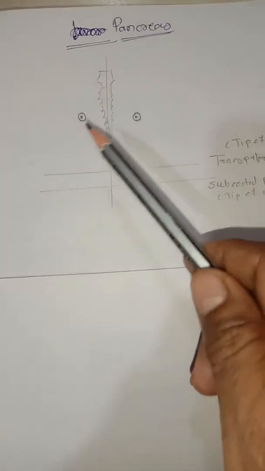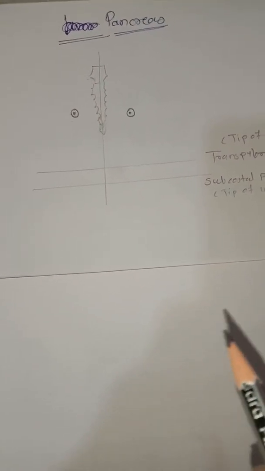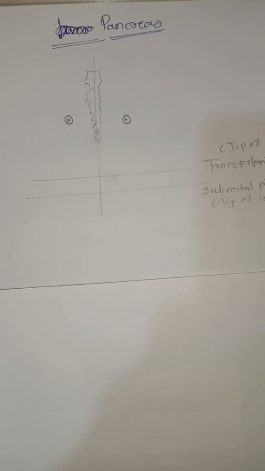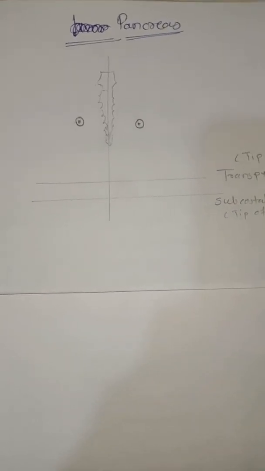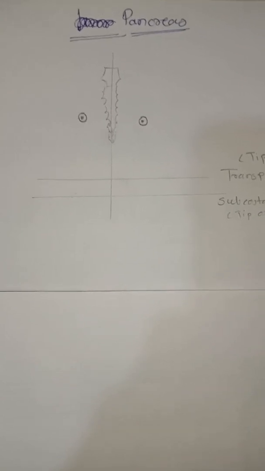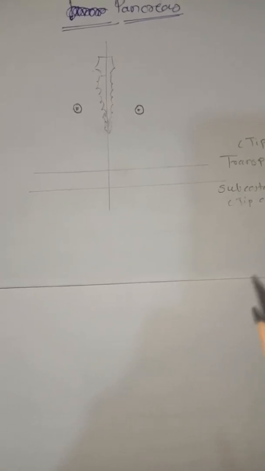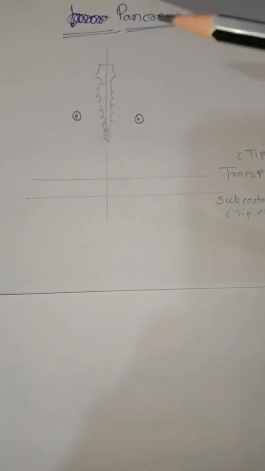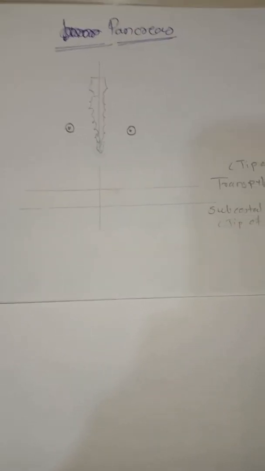So let's see the surface anatomy related to the pancreas. To draw the pancreas, you should know it is located within the C-shaped duodenum. So the location of the pancreas is near about the same as the duodenum. The first thing to do to draw the pancreas is to draw the median plane, this one.